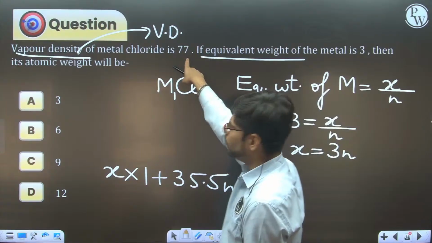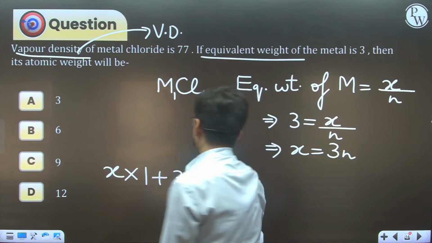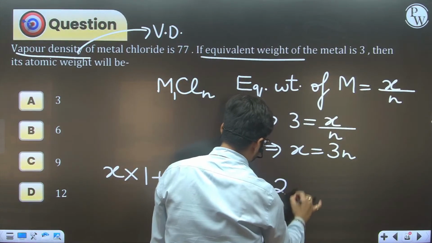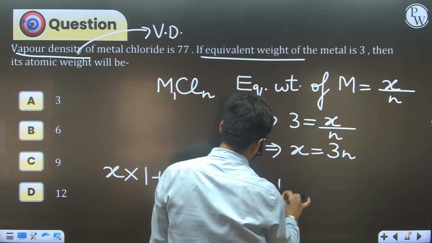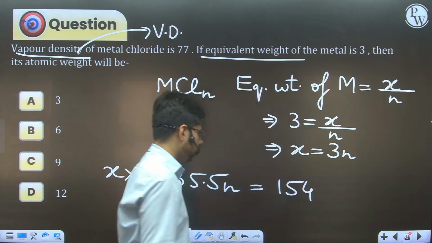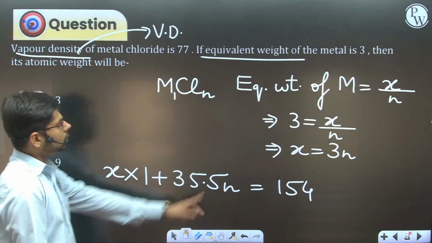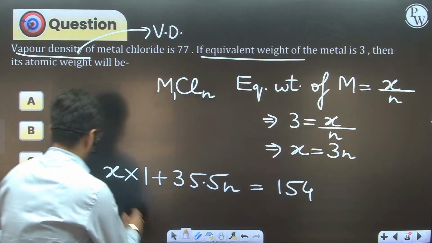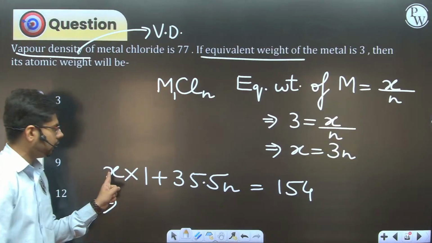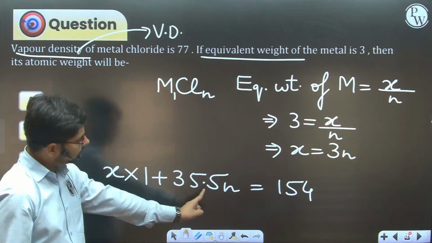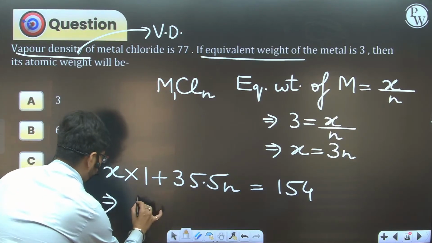Molar mass is given to us indirectly. Vapor density is 77. So molar mass will be twice into 77. Twice into 77 is 154. And also X is equal to 3N. So instead of writing X, you can write 3N. So 3N plus 35.5 N